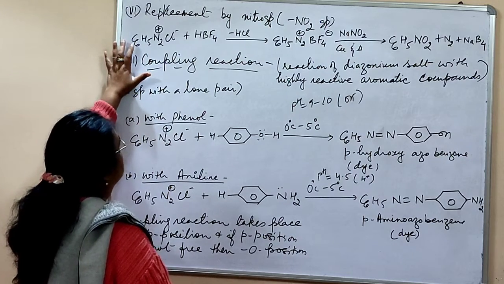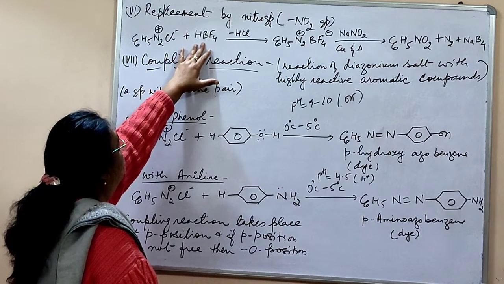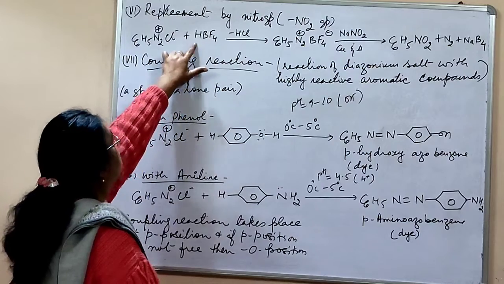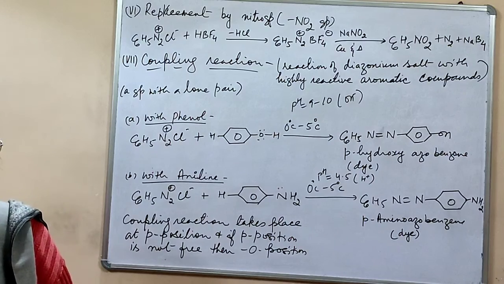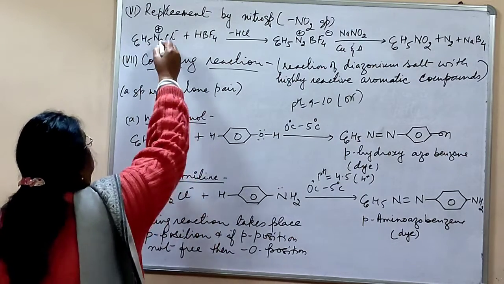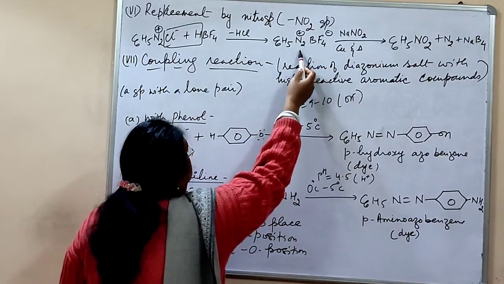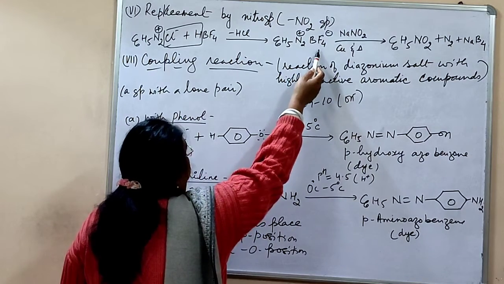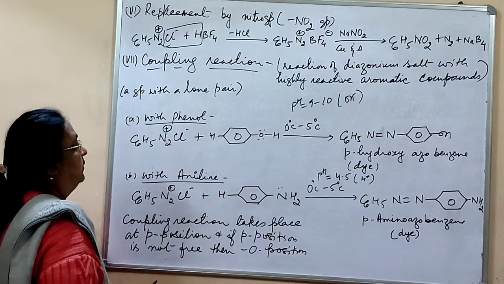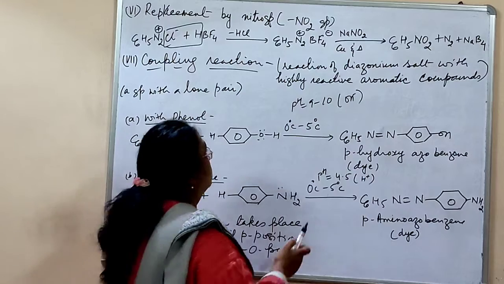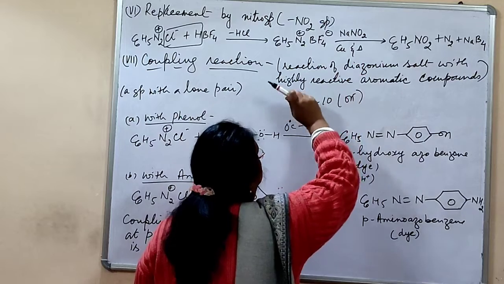When it is treated with tetrafluoroboric acid or fluoroboric acid, then HCl is out, and we obtain benzene diazonium tetrafluoroborate. We obtain this salt, and when this is treated with sodium nitrite and copper as catalyst and heated, we obtain